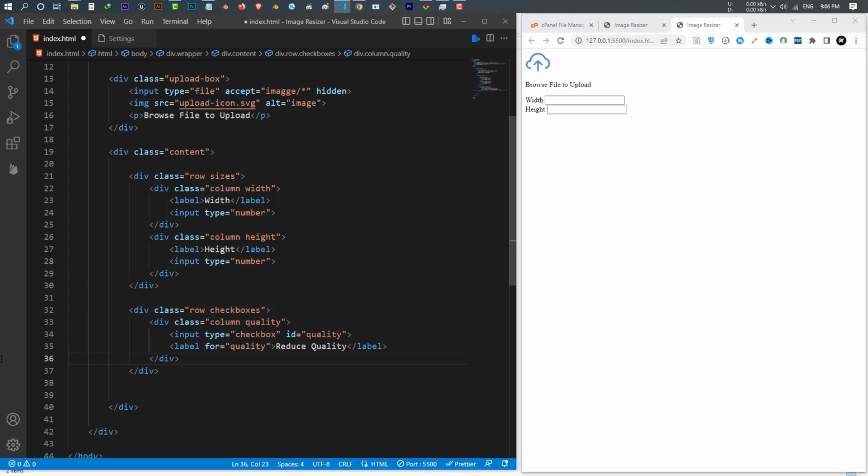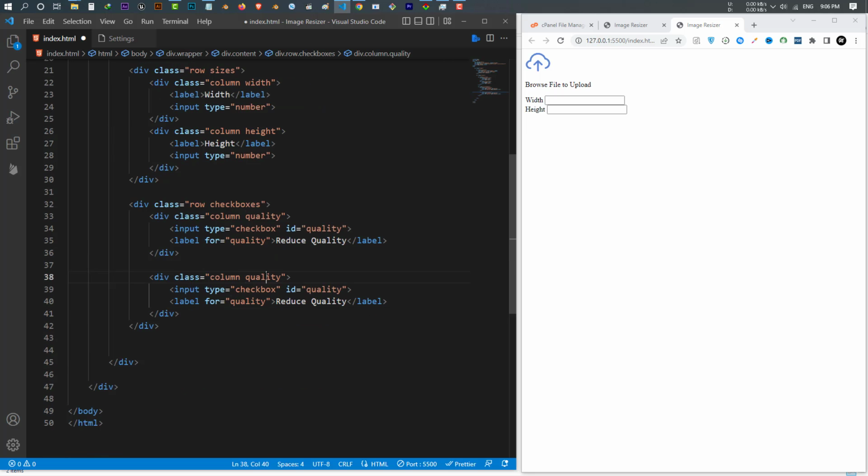Okay, I'm gonna copy this one and paste it one more time, and this time this is for the ratio. Okay, I call it ratio, and this is also a checkbox, and the ID is ratio. Okay, this is wrong, ratio, and I'm gonna say